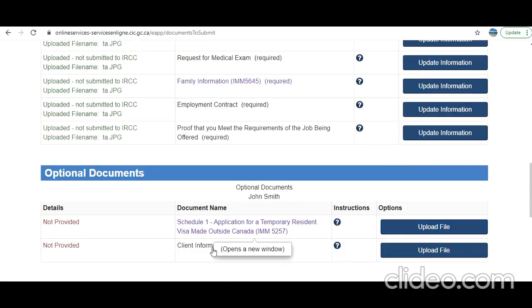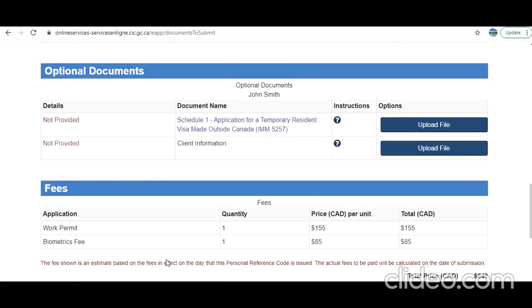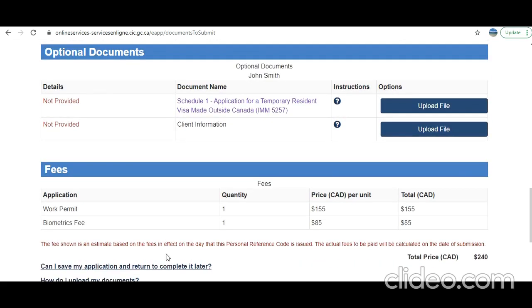Although it is not mandatory to fill in the client information letter and Schedule 1, I strongly recommend you do that, because why wouldn't you do it, right? As per my observation that is really very important, but of course it's going to be your call. I'm going to include a link in the description on how to fill in this IMM 5257 Schedule 1 form and client information, where you can describe the case so that it makes sense. I have already uploaded some videos about it, you can refer to them.